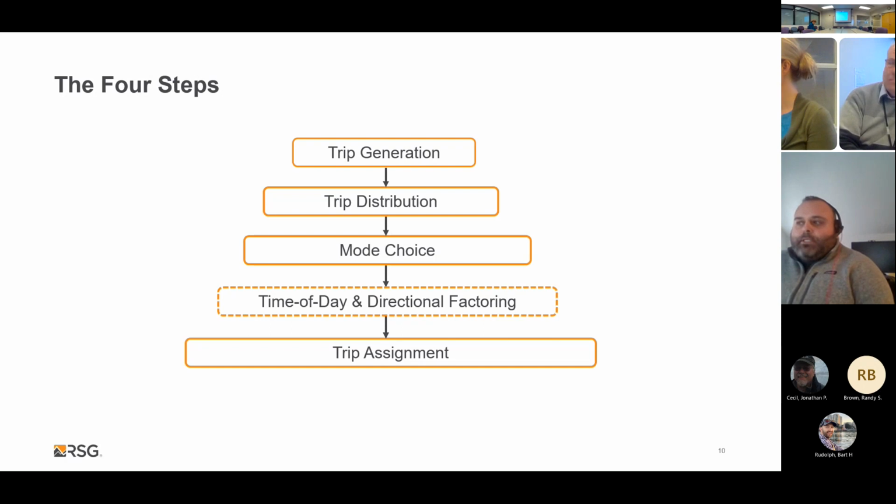So what is trip generation? Trip generation is purely forecasting the number and the purpose of the total amount of trip ends that will be made within the region. In trip distribution, we're determining where those trip ends are going. In mode split, we're predicting how trips will be divided among available modes of travel, and those are modes of travel that we define. That could be car, transit, carpool, or any other kind of slicing of different modes that you'd like to make.